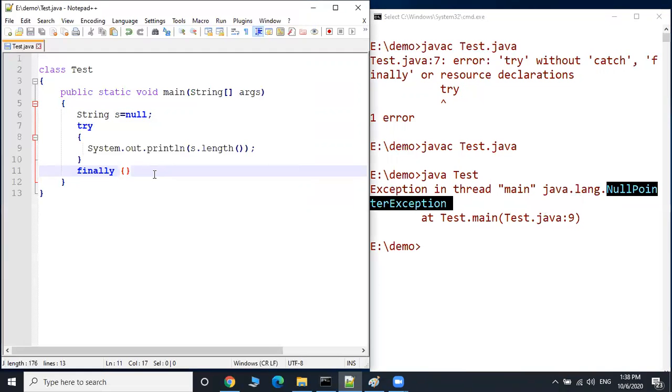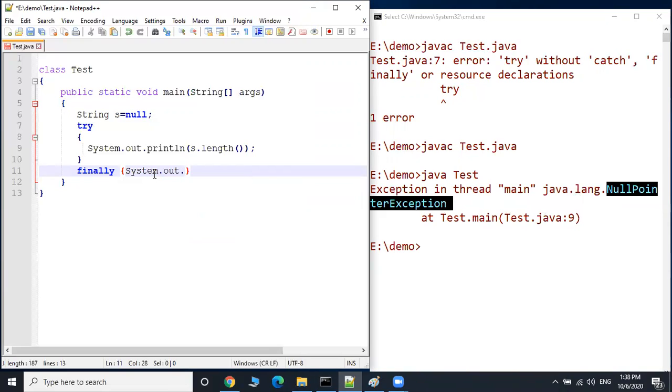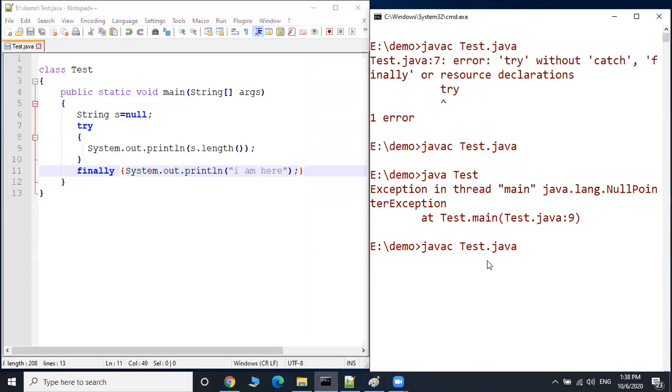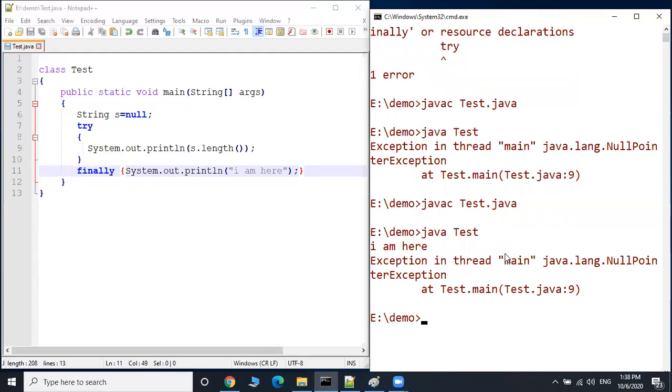Suppose inside the try block I write System.out.println("I am here"). This is my finally block. Now see what happens: Java Test.java.